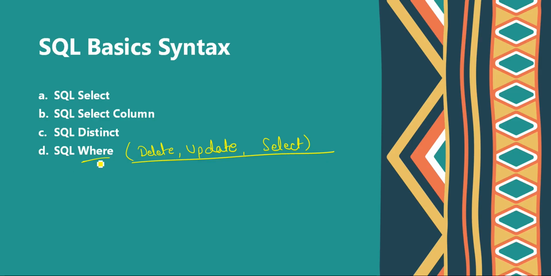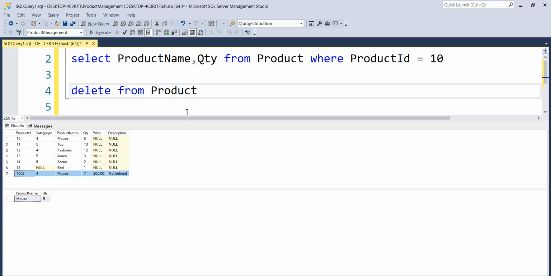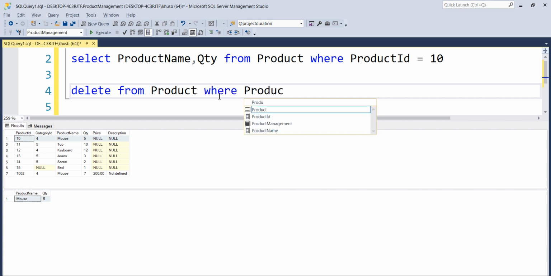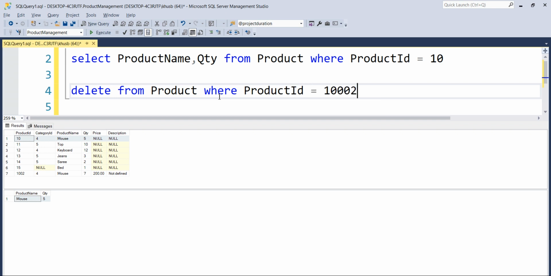So as I told you, this where clause is basically used to filter our rows. If I execute something like this, it is going to delete all the rows from this product table, but I don't want that. So I need to specify the where clause, where product id is equal to 1002.